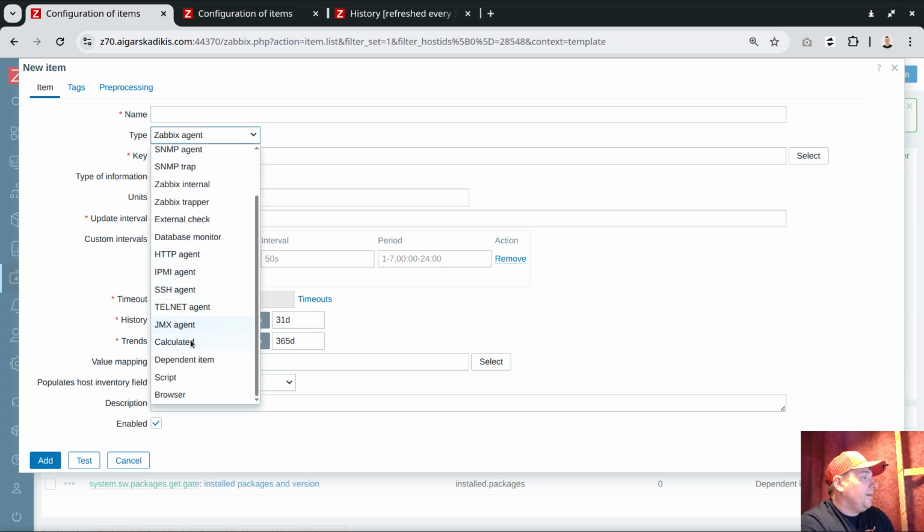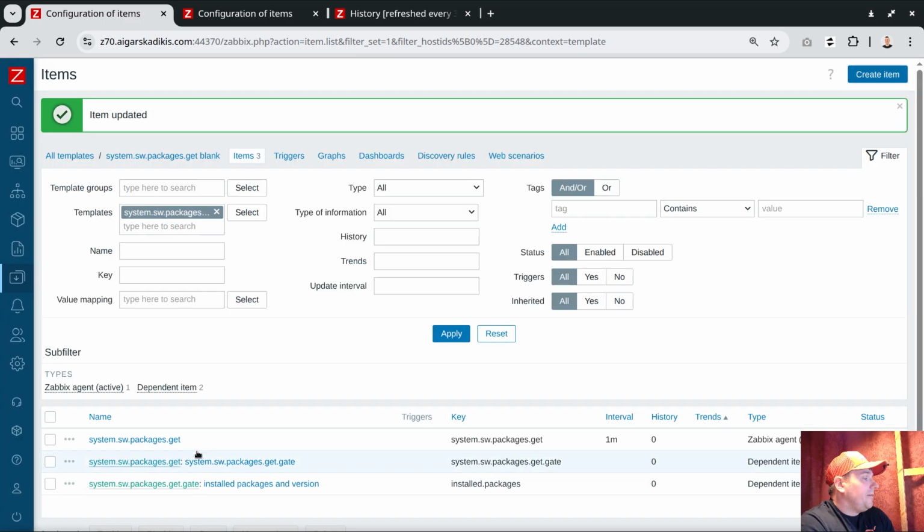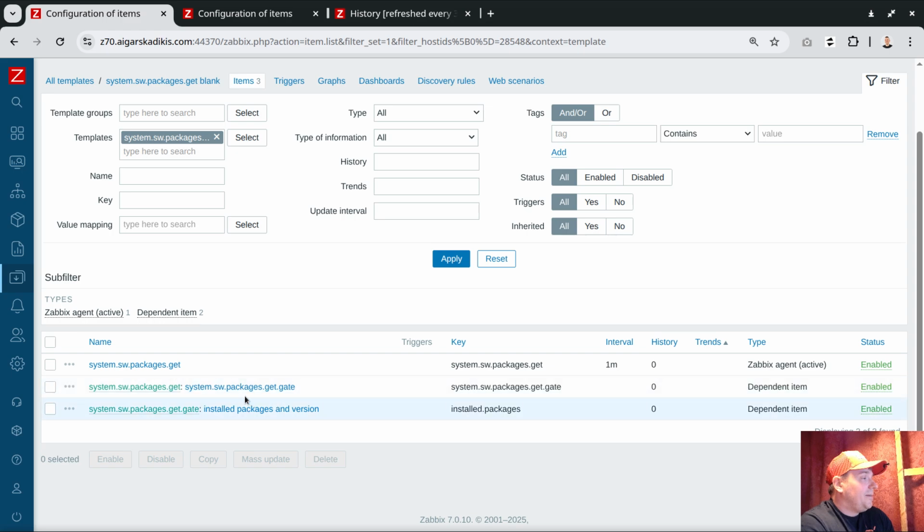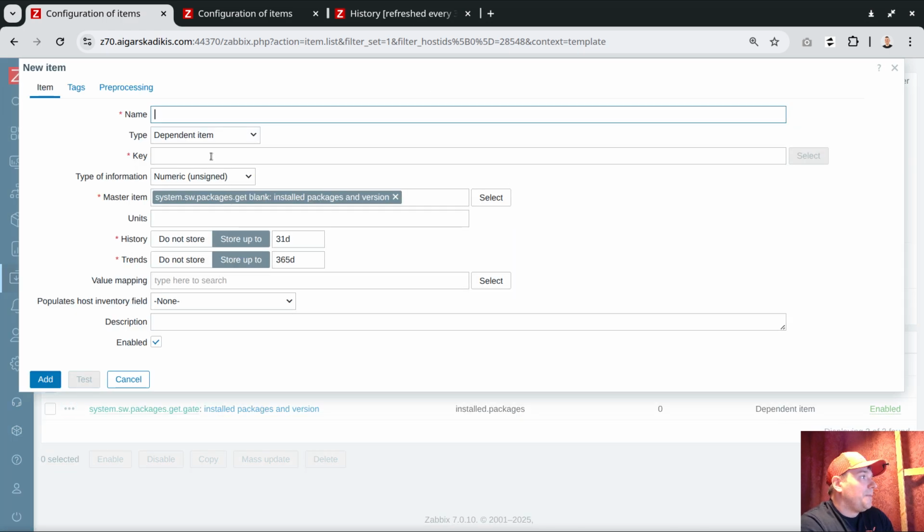This will be a script, actually, I need another dependent item. So the installed packages and versions, it is kind of the utility apt and DNF. It's also a package, and we can create an interesting trick right now to create a dependent item, and we can call it package